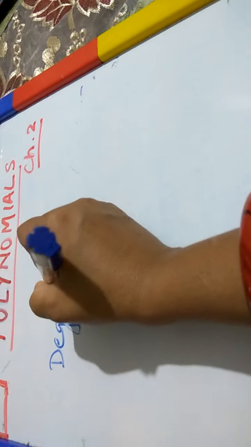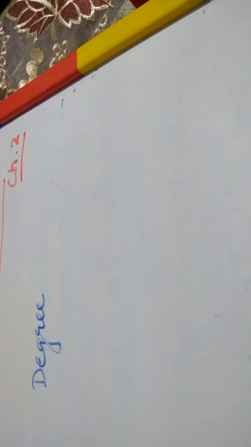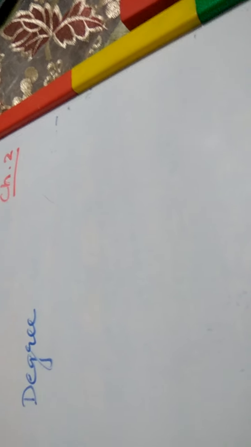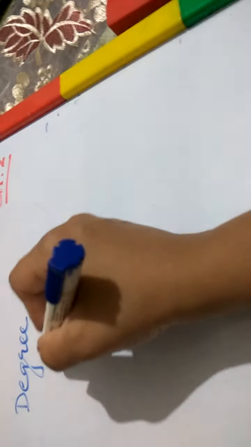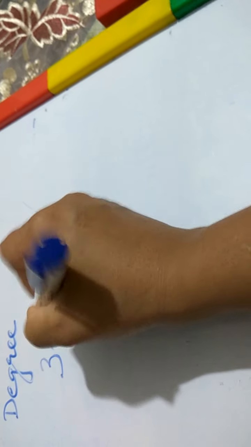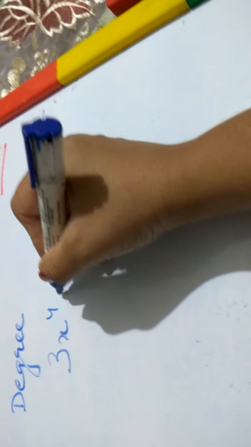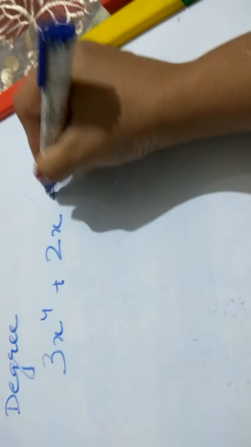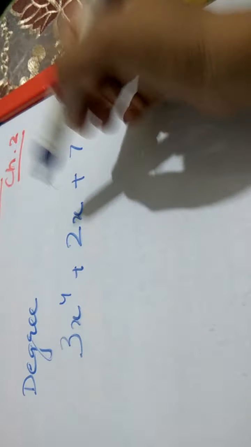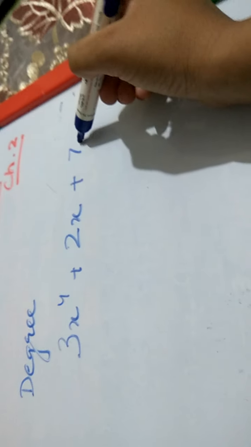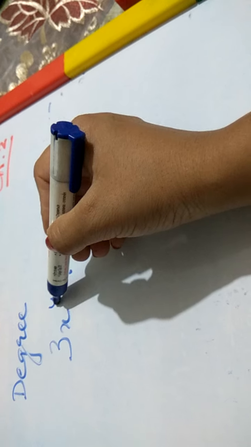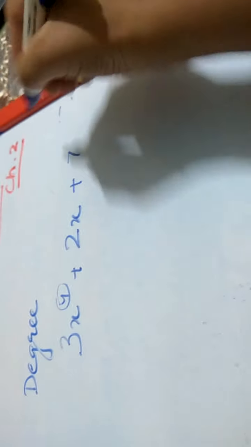After this, we come to the degree of the polynomial. Now, what is the degree of a polynomial? The degree of a polynomial means the highest power of the variable in the polynomial. Like if we have a polynomial with a variable x, suppose the polynomial is 3x to the power 4 plus 2x plus 7. Then here the power of x is 1. Here we can take the power of x to be 0, and here the power of x is 4. So 4 is the highest power. So the degree will be